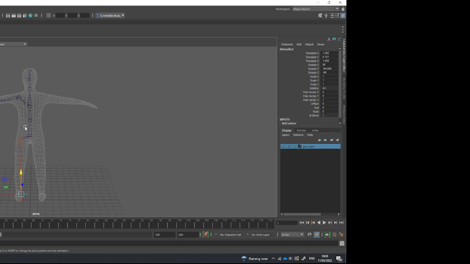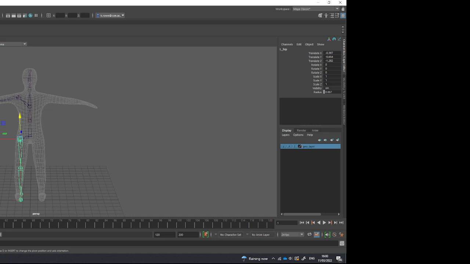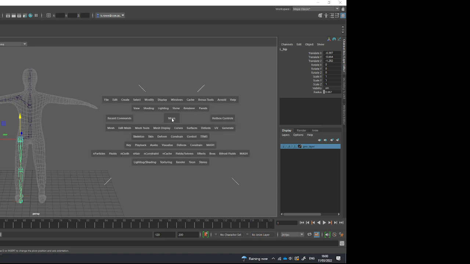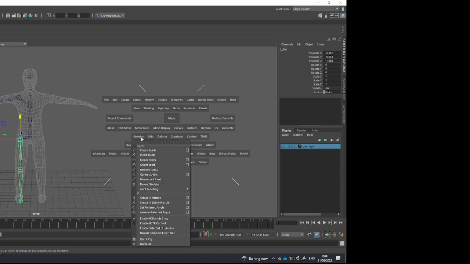To do that, we're going to select the left leg and let's just have a look at it. Let's just hold shift and open this. So the left hip, I'm going to select the left hip with its IK handles, and then, holding down my space bar, I'm going to go to Skeleton, and we go down and we're going to find Mirror Joints,